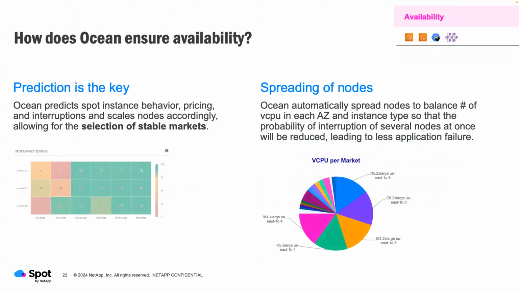So whatever region AWS has available, you can use our product in. If you've got things running in America, if you've got things running in Europe, it doesn't matter. We can run through all of those regions. And in each one of those regions, we're seeing on every instance type, what is the health of that instance? And to us, health means how long is that spot instance going to last?